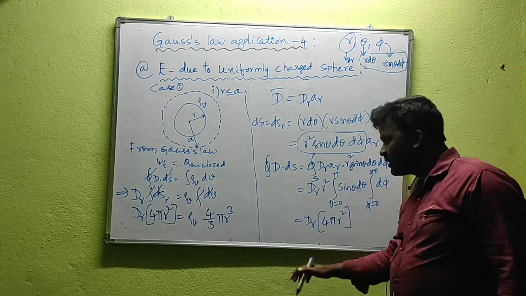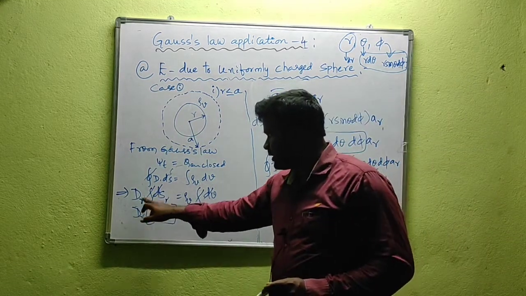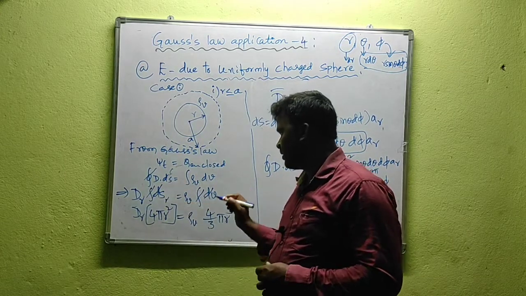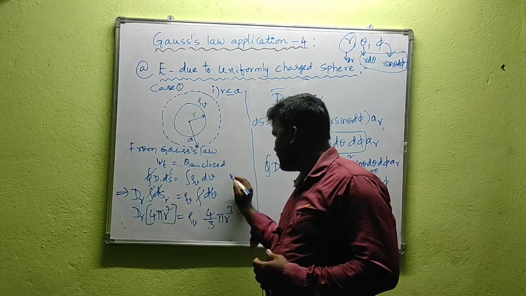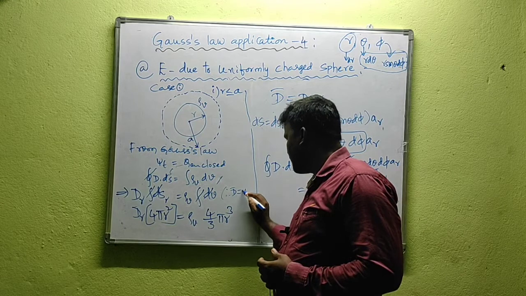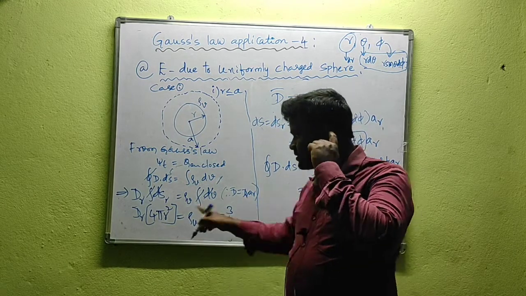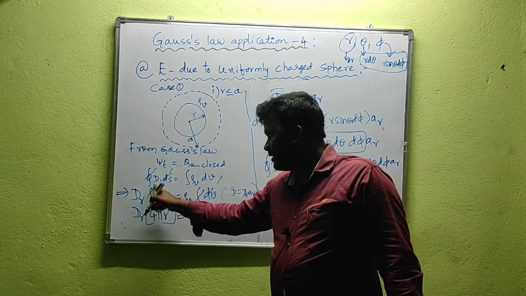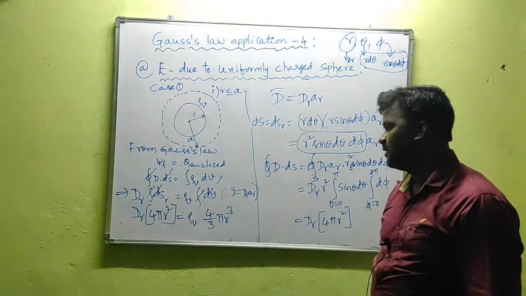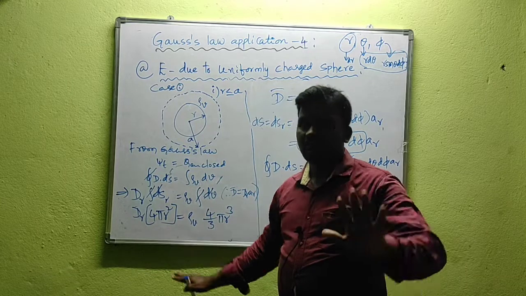So which is equivalent to what? This one only. Or else simply here we can write dr. D is along the r direction, so D can be taken as dr ar. Since D is along the r direction, that is dr ar. So dr is magnitude, so that is constant, that's why it is written outside of the integration. Here integration and differentiation cancel out. This S represents the surface area normal to r. So the surface area of the sphere is nothing but 4 pi r square. We can remember it like that.